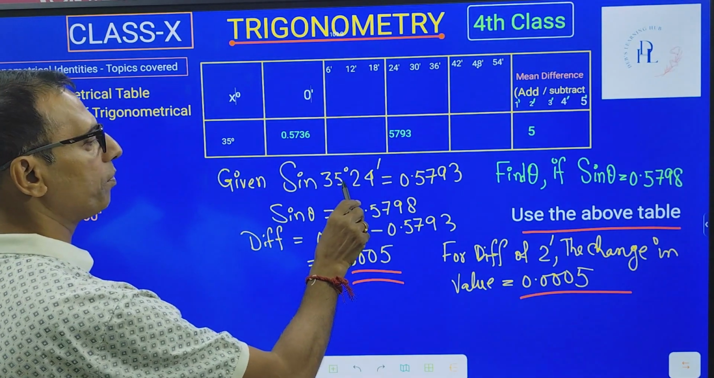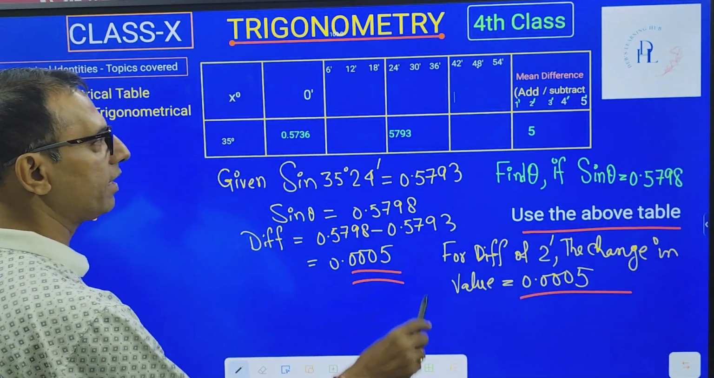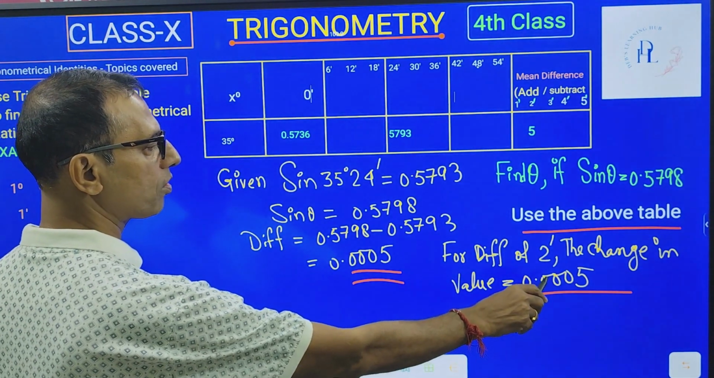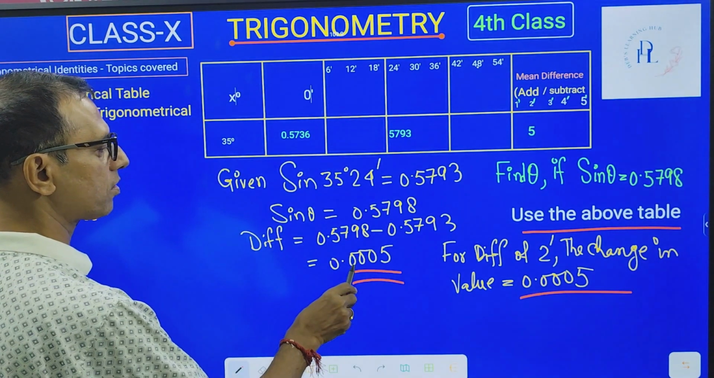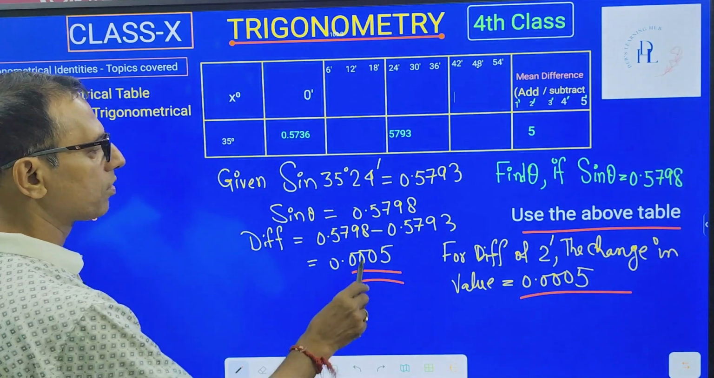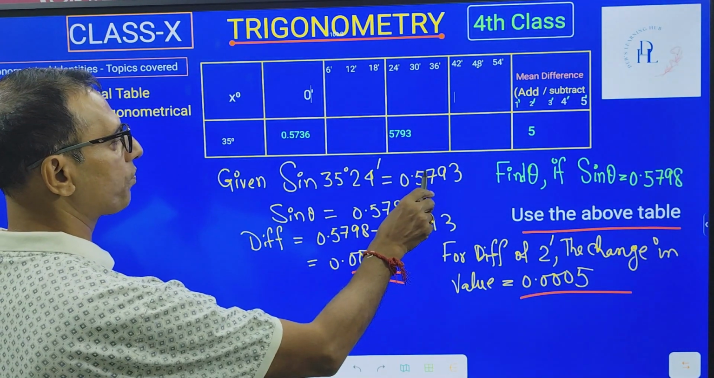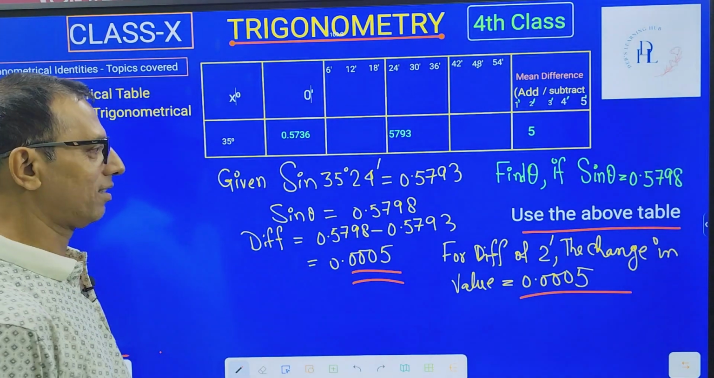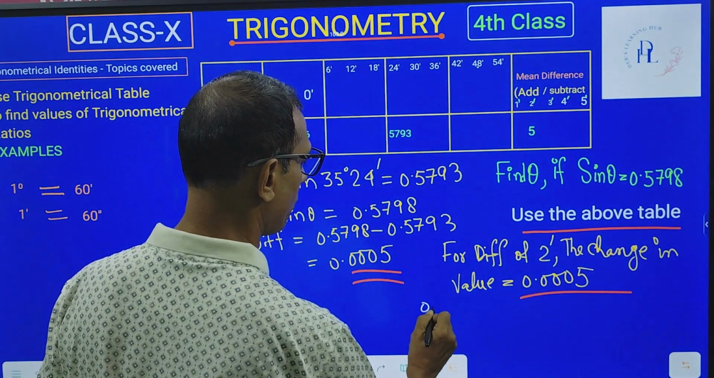between this 35 degree 24 minute and this sine theta value 0.5798, that is actually 2 minutes, because this value is matching 0.0005, that is for 2 minute changes. So that means this difference in values between 0.5793 and 0.5798, that is for 2 minutes. This number 0.5798,